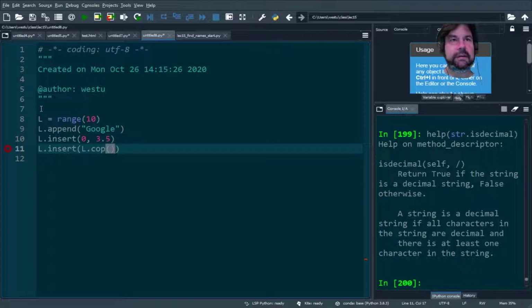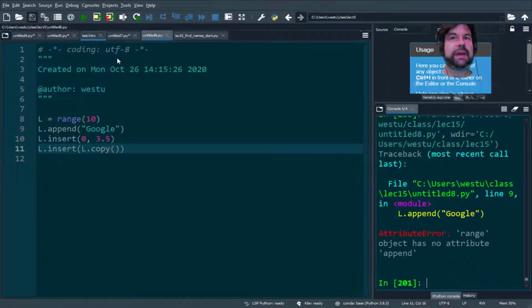Let's see what that does. Okay, so we can have a list, and the thing to remember, range has no